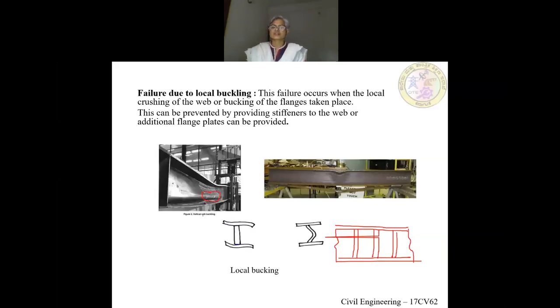So this is the end of session 1, and in this session we learnt about beams, different types of beams, what are laterally supported beams and what are laterally unsupported beams, what is lateral torsional buckling, and what are the modes of failure of beams. In the next session we will study the factors affecting lateral torsional buckling. So this is all for today.